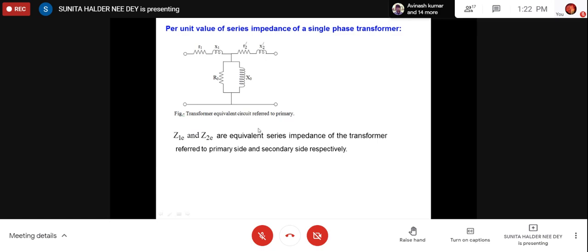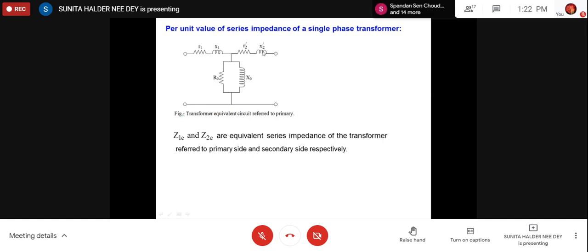But when there is a nominal condition, current may change, then obviously we shall consider the shunt branch. I shall discuss it when it is applicable. Here we are only interested in the series impedance part, that means R1, X1, R2 dash, X2 dash. Because the total impedance on the primary side is obviously R1 plus R2 dash plus jX1 plus jX2 dash. But when it is referred to secondary, the values will be totally changed. There is very much difference between these two values.